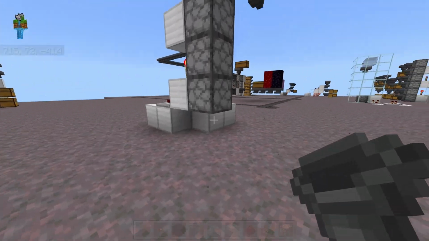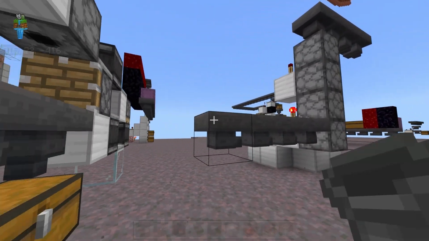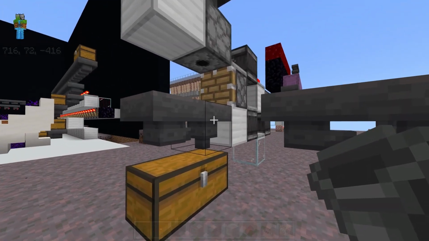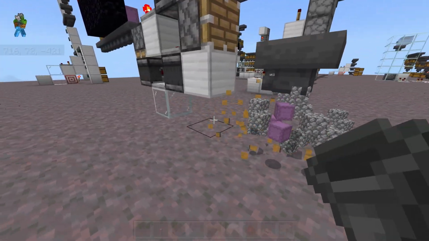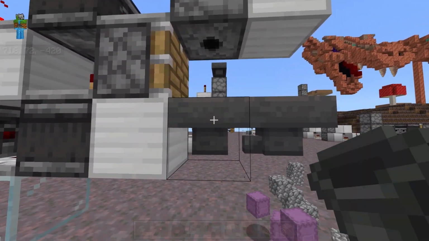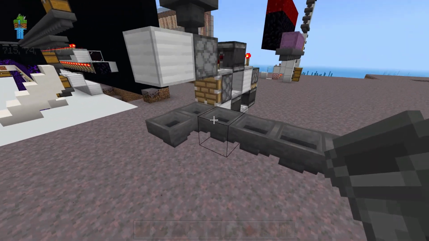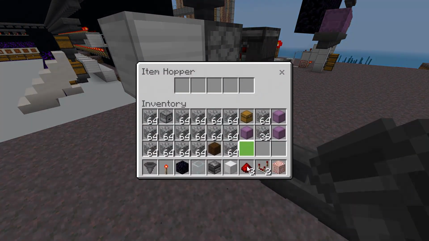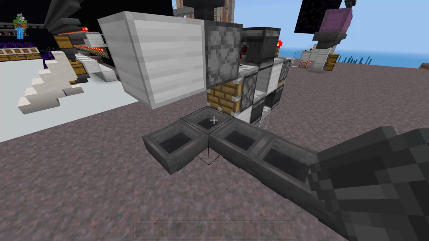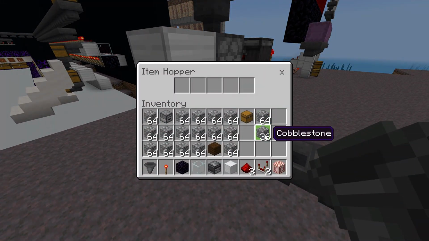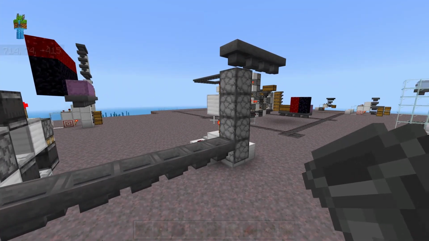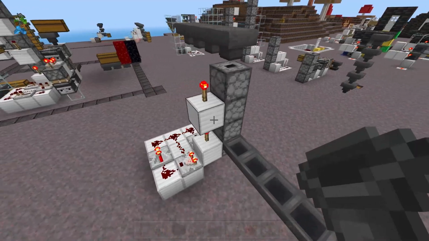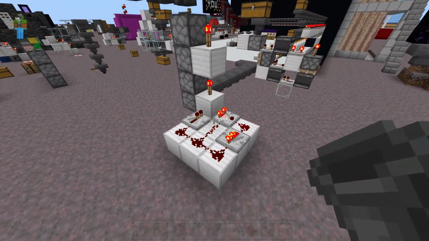So we would need to attach this to a dropper elevator to lift the items up so that we then have room to build item sorters underneath the intake line. And this is just as simple as connecting some hoppers to the output of your shulker unloader and attaching that to a dropper elevator. So now whenever shulker boxes or items get unloaded into it, it will just go into your dropper elevator and then continue up into your line.